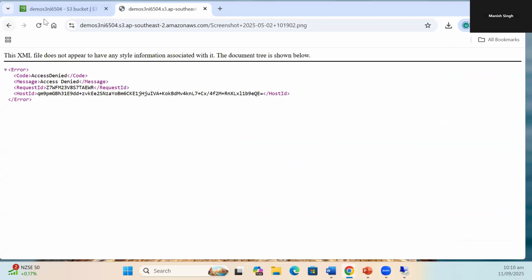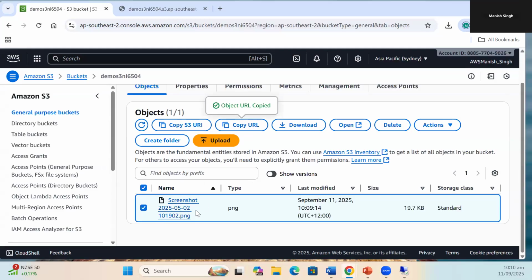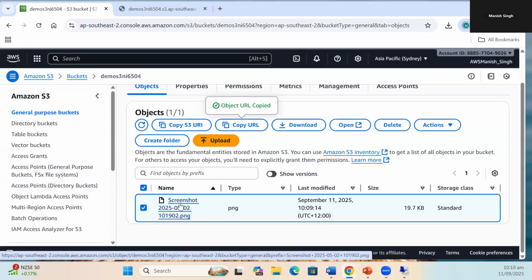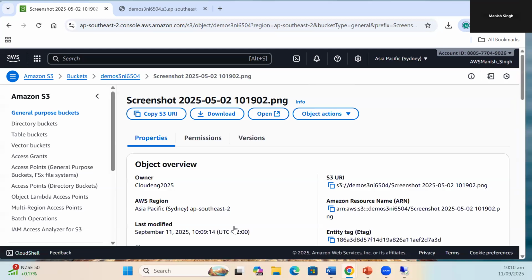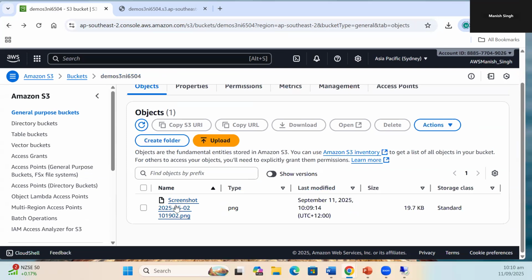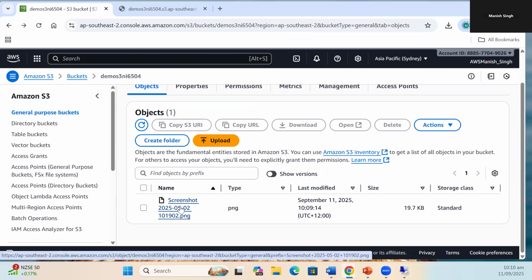Yeah, it should not work. Why? We have blocked public access to this bucket. If we allow public access, it should work. How do we do that? Remember one thing also, we said that objects within S3 can be accessed individually. So S3 allows us granular access, configured individually, right? So for this particular object, I can actually